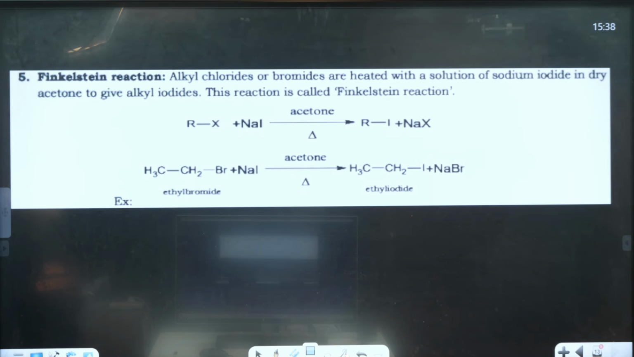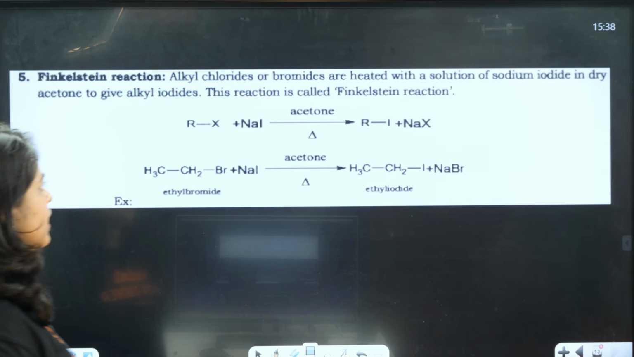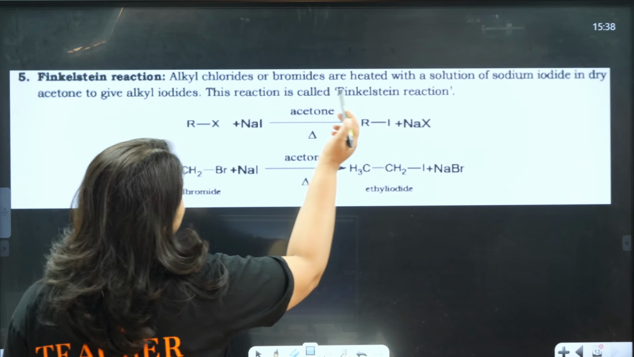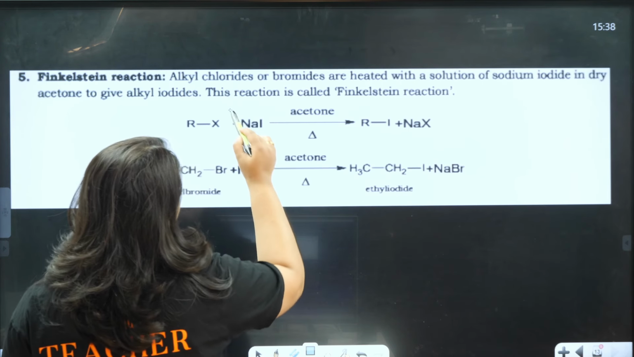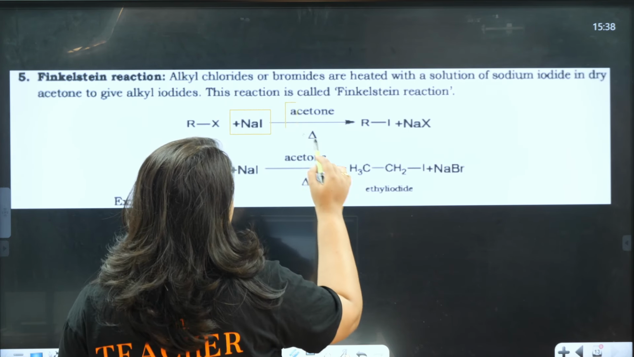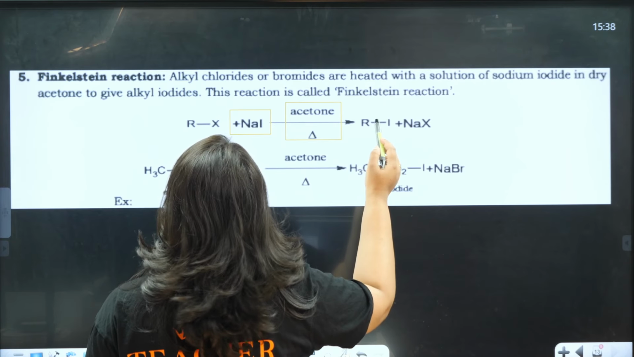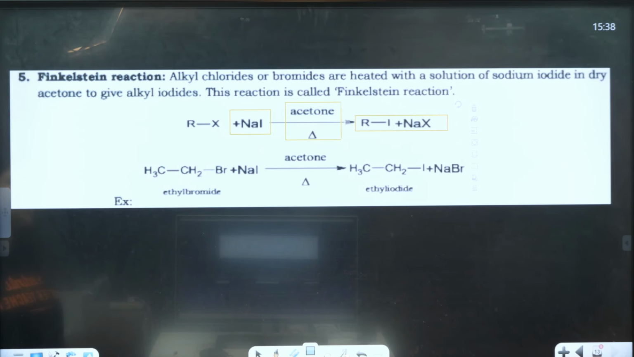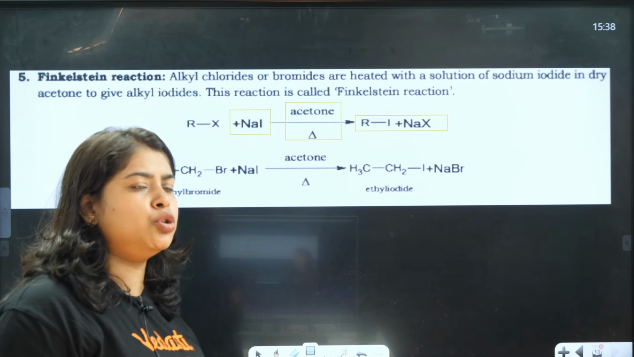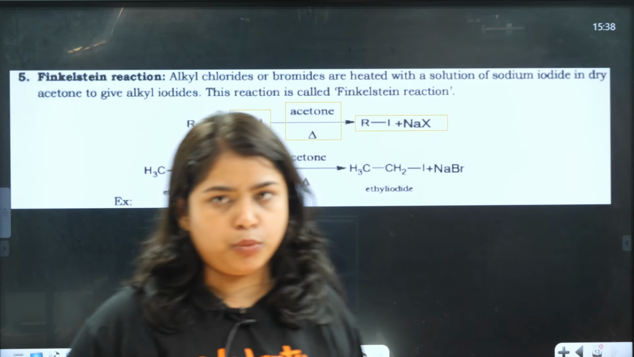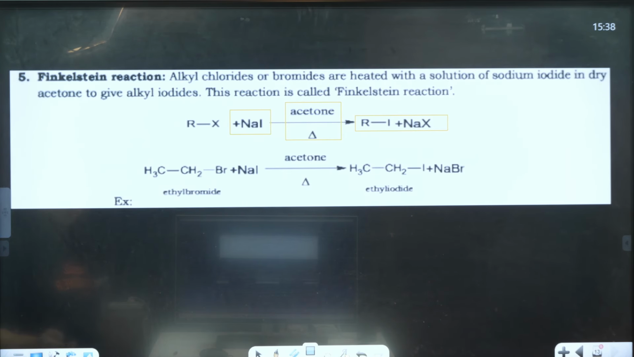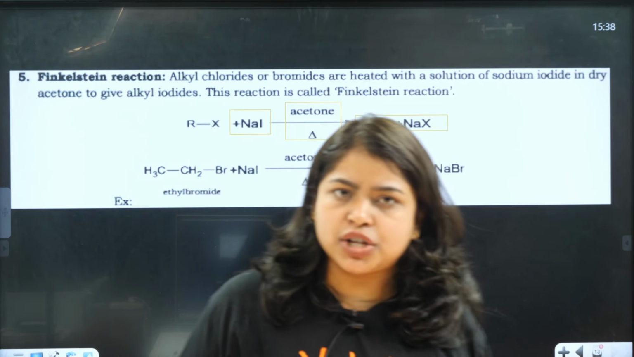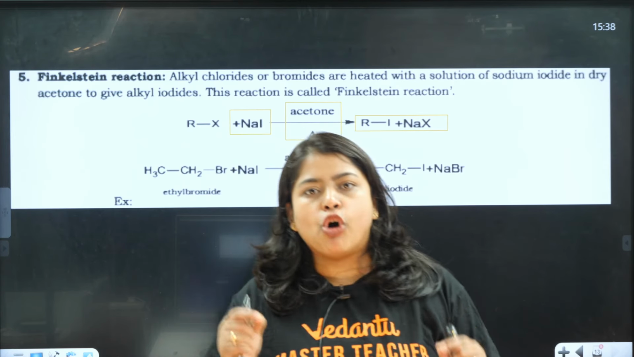Next comes Finkelstein's reaction. Alkyl chlorides or bromides are treated with a solution of sodium iodide, NaI, in the presence of acetone. By heating it, we get alkyl iodide plus NaX. Clear? In place of R we can substitute CH3CH2, and in place of X we can put Br, Cl, or F. Clear? These are almost 10 named reactions and syntheses which surely are going to come